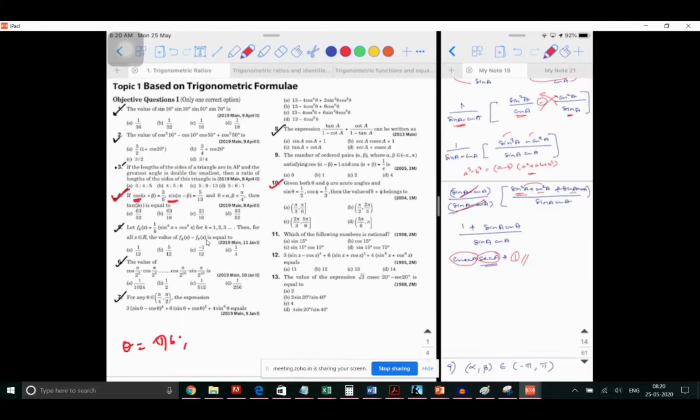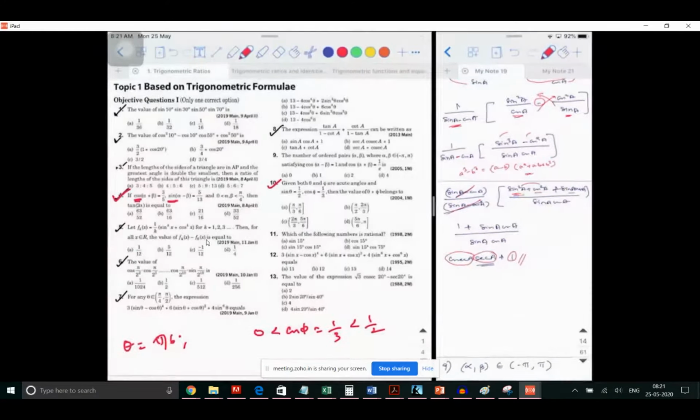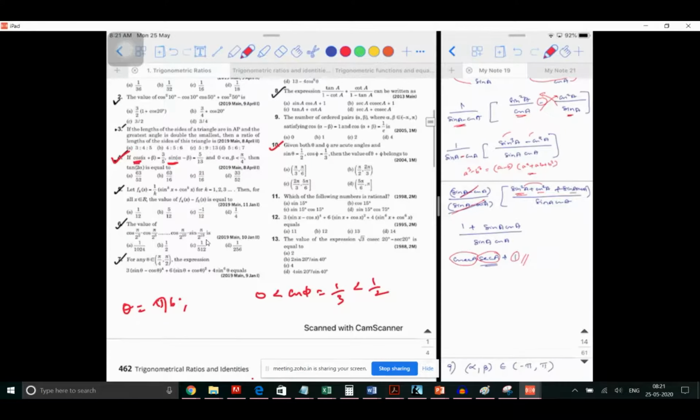Okay. Then how did you handle this cos phi? Yeah, sir, I wrote it as 0 less than 1 by 3 less than 1 by 2. Okay. Then cos pi by 2 is equal to 1 by 3. It is less than 1 by 2 is what you wrote. But it is greater than 0, yes, obviously, sir. Then phi value will be cos pi by 2 less than cos phi less than cos pi by 3. Okay. Then phi value.